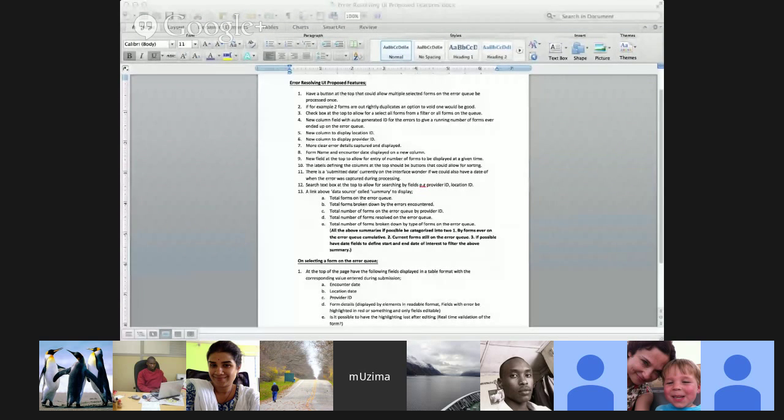That way we can fix the JSON payload as needed for the form data in the error queue.